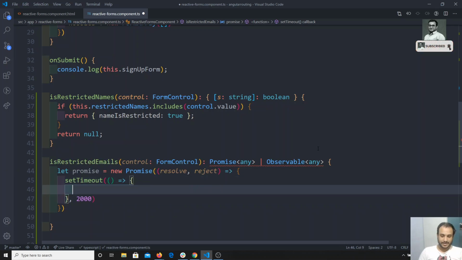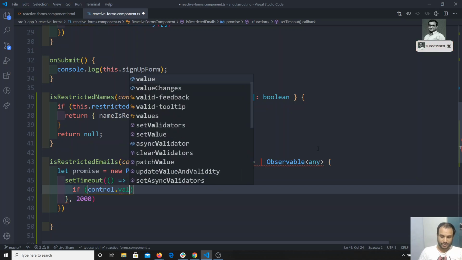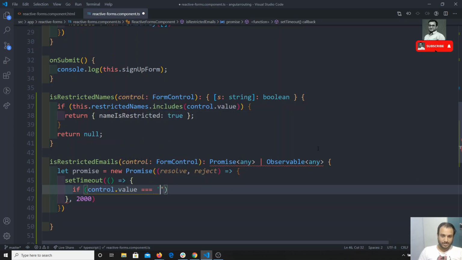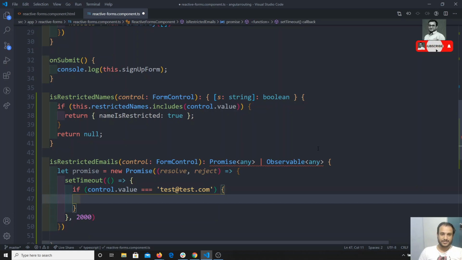And here I can write that if control dot value is equal to some email, so if the user has written this email, I need to show the error, something like please enter a valid email, or otherwise you can pass the validation.